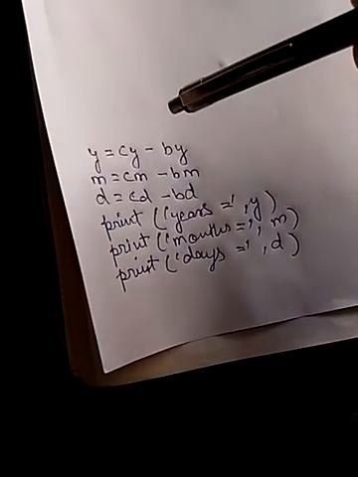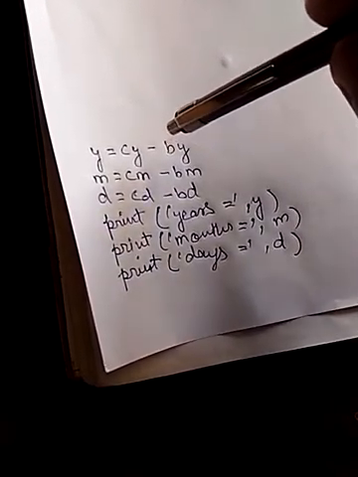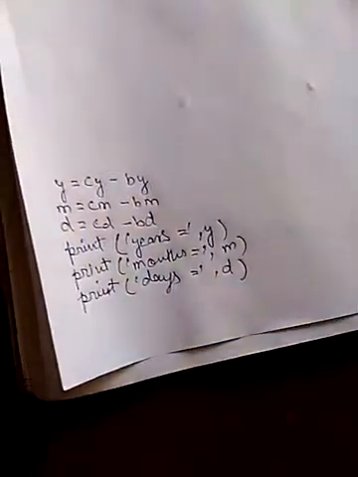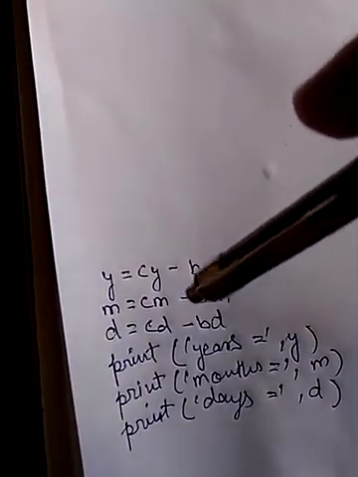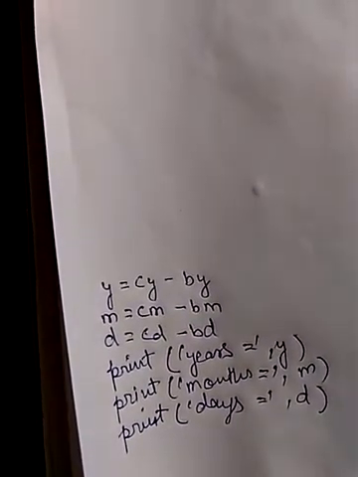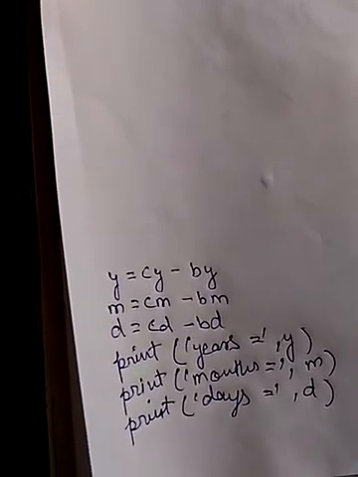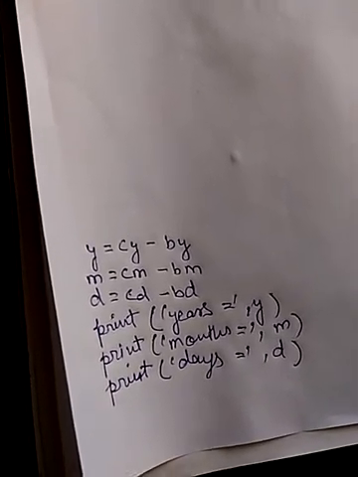Now what happens if it is not possible, that is, the current year is smaller than the birth year? Before performing this calculation, we have to ensure that the current year must be more than the birth year, the current month must be more than the birth month. In the same way, the current date must be more than the birth date. So we are doing here